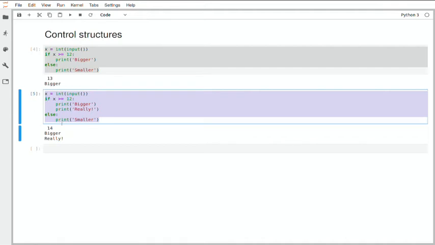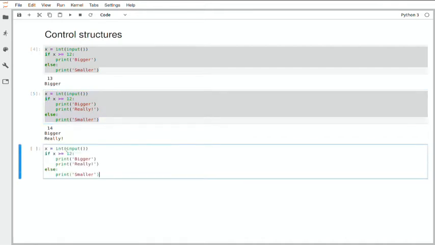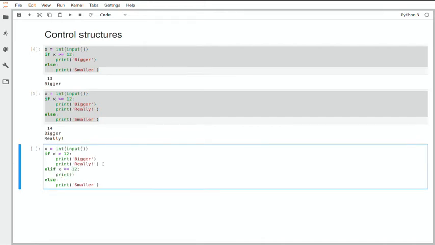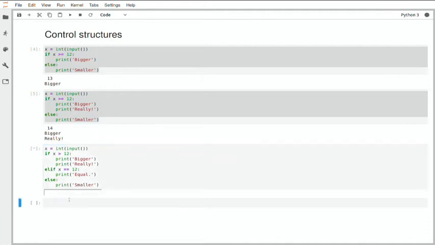Sometimes you want to check for multiple things. So maybe you want to check if x is bigger than 12, you say bigger, and then if x is equal to 12, print equal. And else print smaller. So now if you enter 12,